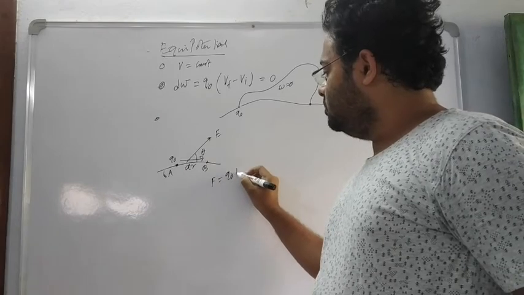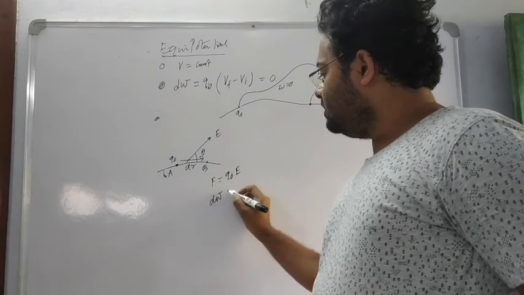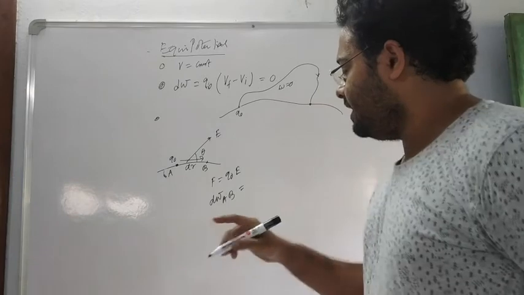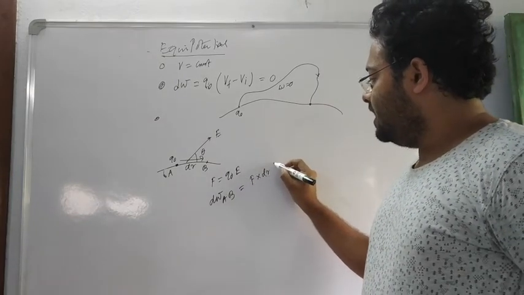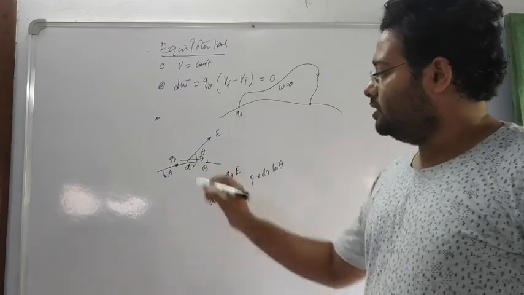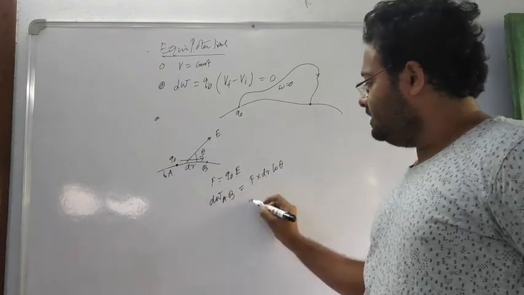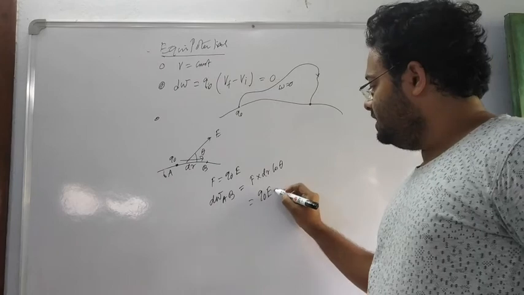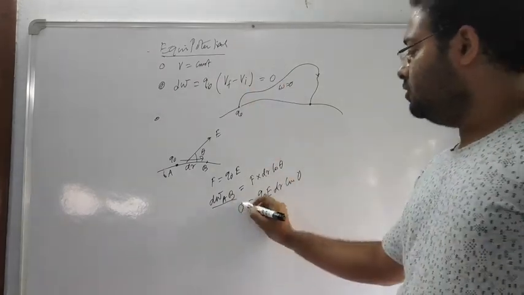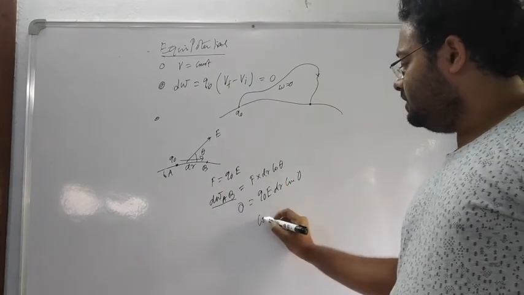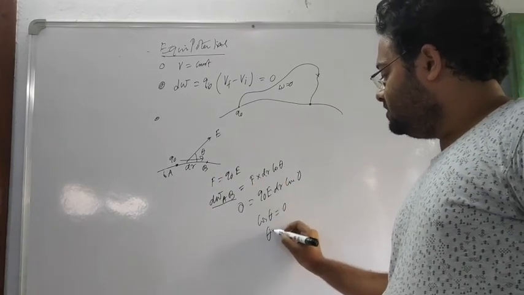F = q₀E। সো হোয়াট ইজ দ্য ওয়ার্ক ডান dW_ab, আগের প্রুফটা ভালো করে দেখ। সো দিস ইজ F টাইমস dr টাইমস cos θ, বিকজ dr এদিকে আর ফোর্স এদিকে। সো দিস ইজ q₀E dr cos θ। বাট dW_ab আমরা আগেই বলে রেখেছি, ইকুইপোটেনশিয়াল সারফেসের জন্য 0, তার মানে cos θ = 0, θ = 90 ডিগ্রি।